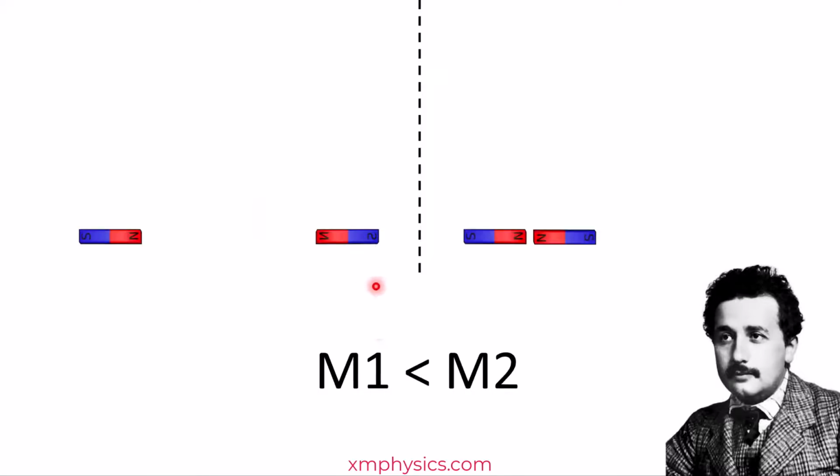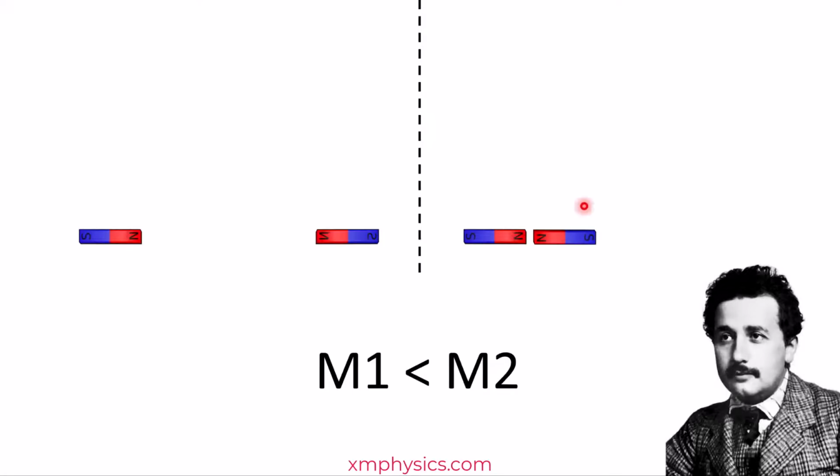E = mc² should apply to magnetic potential energy as well. If you have two magnets, north poles facing each other, when you bring them closer together, there's magnetic potential energy stored in them, right? Which means this system has gained energy. So these two magnets, when they're closer together, should have a larger mass than when they were far, far apart, right? Because you got to do work, remember, to push them closer together. So you have input energy into the system. Correspondingly, the mass of the system should increase.